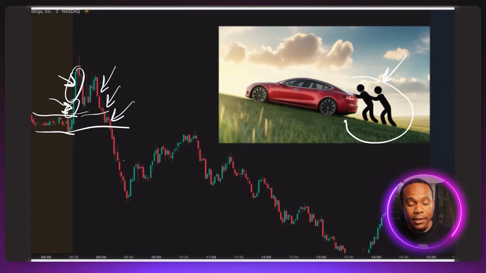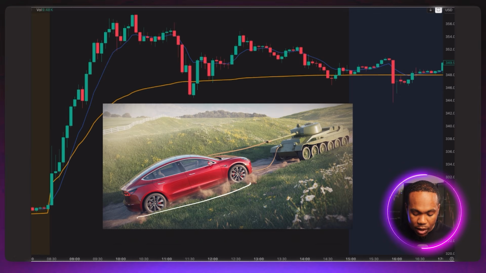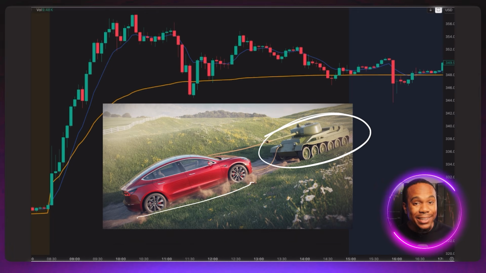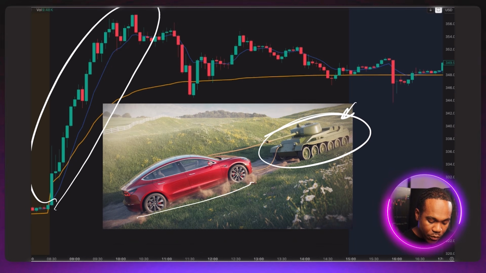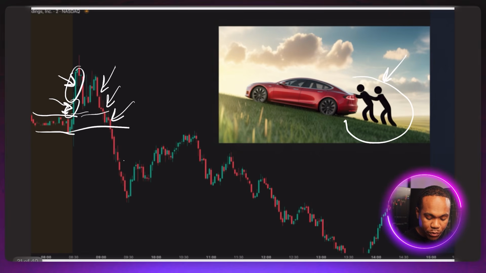Now, on the flip side, we can have a car coming up the hill that is being pulled by a tank, that is being pulled by a tow truck. Because of the strength of this tank, it's likely that this car is going to go up the hill without people being fatigued, and it's likely to get up that hill. So the analogy here is, when you look at this move, if we were to enter that same move as price starts to reject here, even if you just traded this move before, you see the move goes up, then you start to see some rejection.